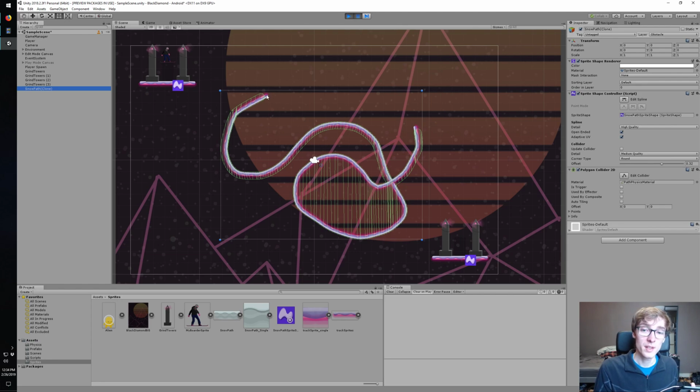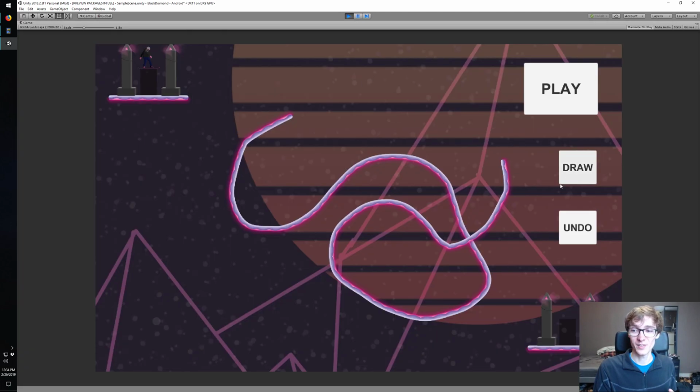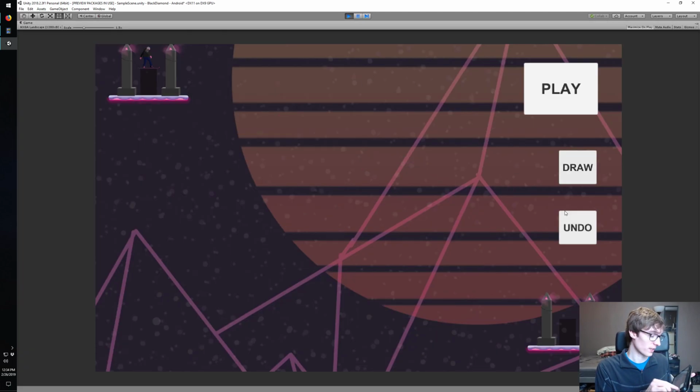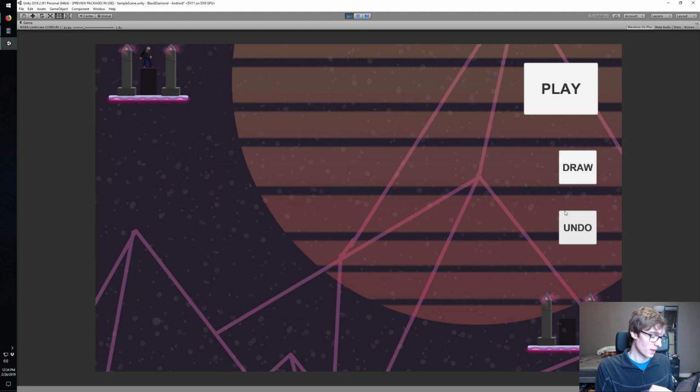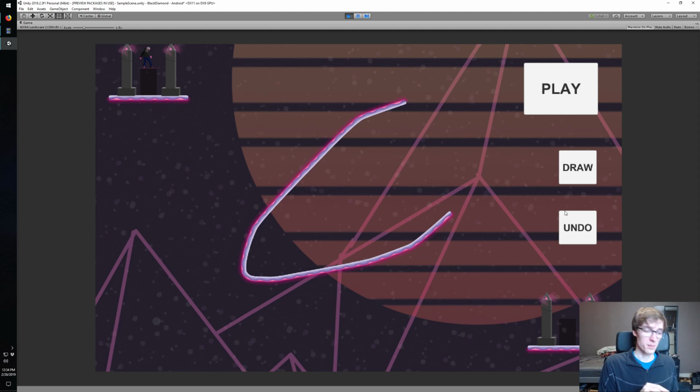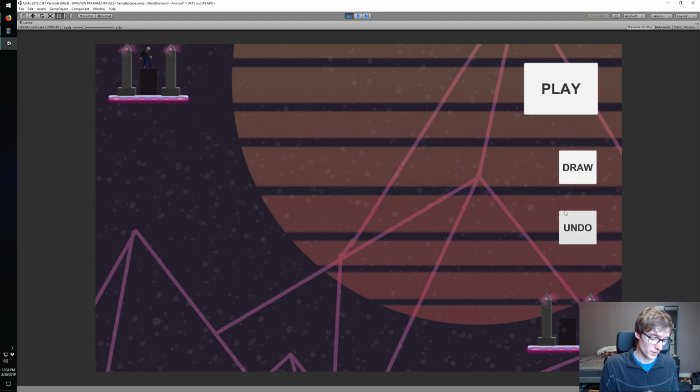Well, anyway, they generate colliders, and the path system's been a heck of a challenge. I can draw and undo stuff right now. The draw button's a toggle because I want to be able to draw a little something, but usually,